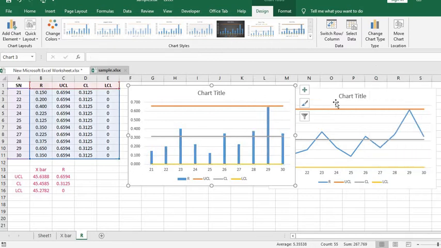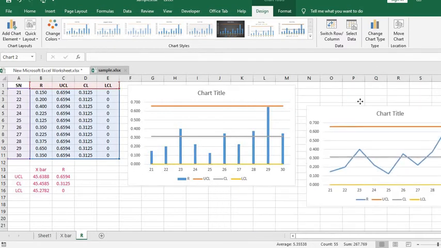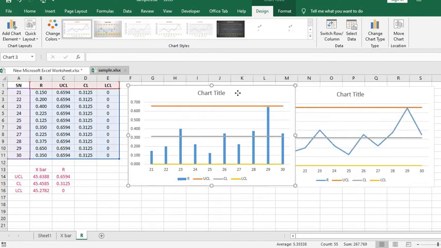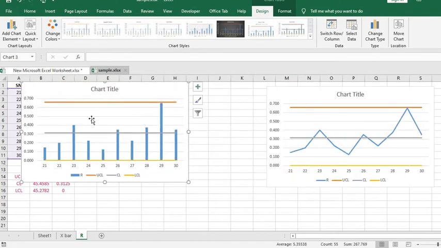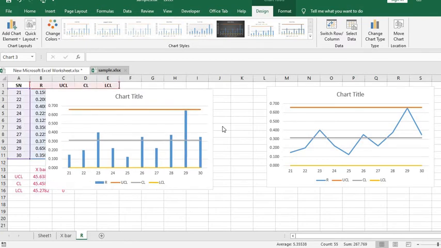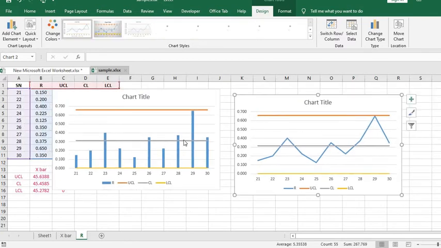This is one type of control chart for R, and this is another type. Whatever you want, you can prepare both.